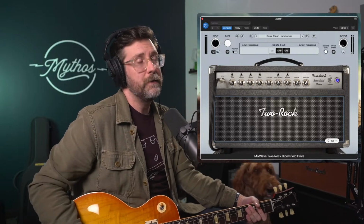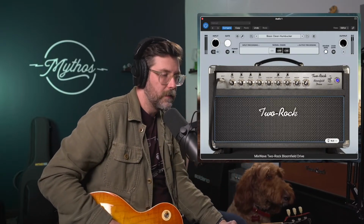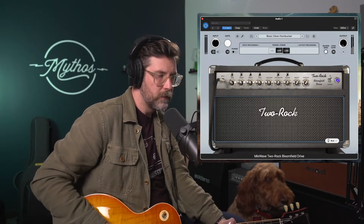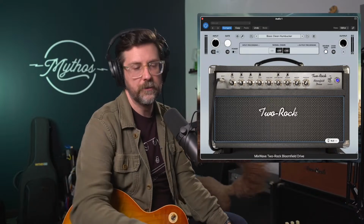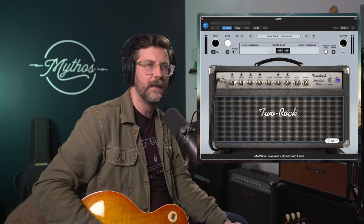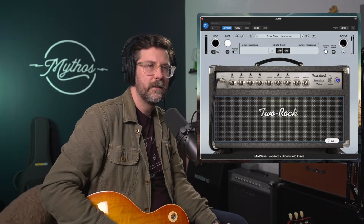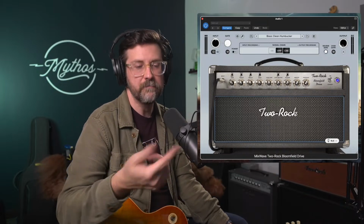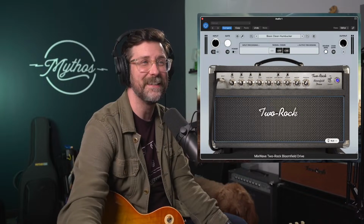But this sounds good. So Basic Clean Humbucker. So that sounds great. Running the Mjolnir kind of as a boost thing into the front end of this set clean